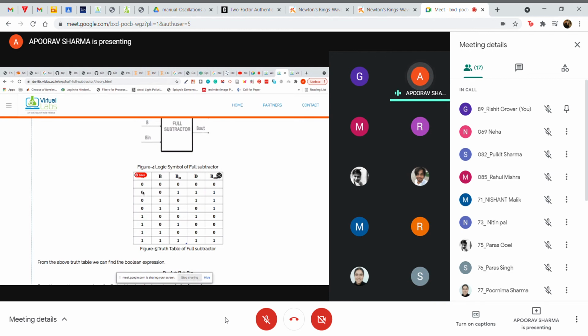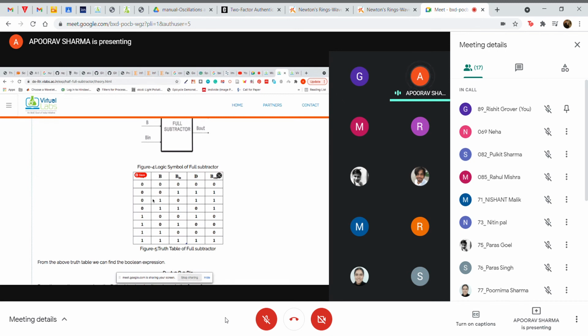Now take the second case, for example. 0 minus 0 is 0. Okay, now 0 minus 1, because the result of these two bits is low, then this bit, so a borrow has to be taken here. Here you will take a borrow. So here 0 minus 0 is 0. Now because this bit is higher than the result, you have to take a borrow. That becomes 10. Now 10 minus 1, which is 2 minus 1, difference becomes 1, and you had to take a borrow, so that borrow is also recorded here.